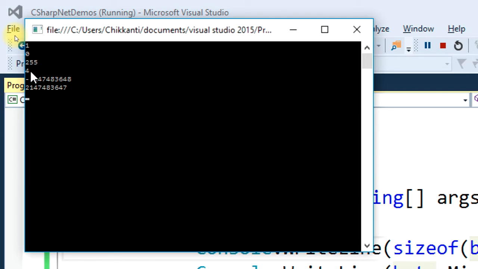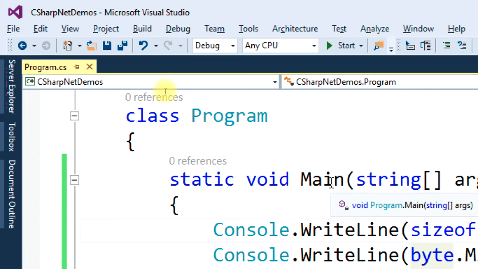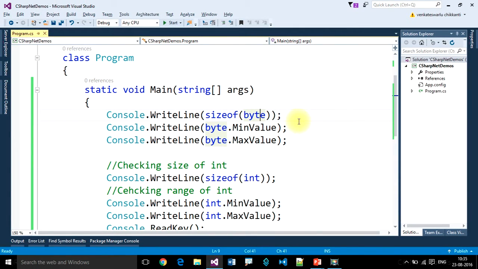But in case of integer, it will store 4 bytes of data and it will store negative numbers also. So to represent age, we don't need to store negative values. We don't need to store values more than 0 to 100, maximum 200. So that range is enough to store age type. This is how we can use data types in real time.